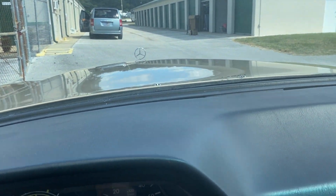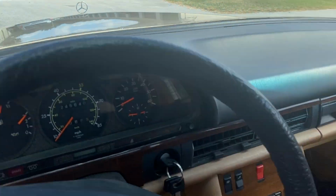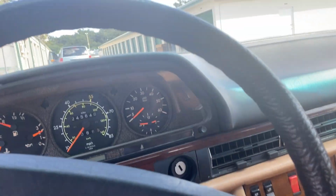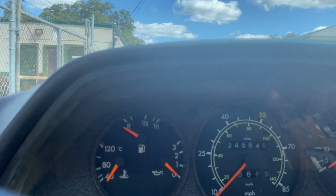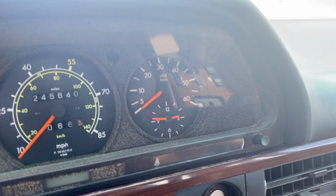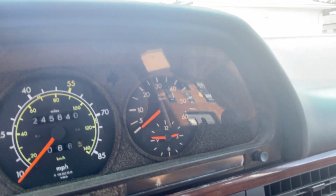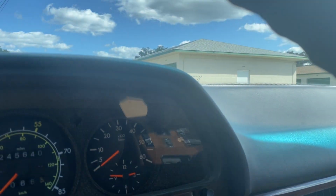You got that nice hood on there. It's got a really nice shine on the hood. This is where you spend most of your time in there. So, really looks pretty nice. Okay. Yep, and you got all your gauges there. Looks like a gas tank, temperature, oil pressure, clock. Not sure if it works. I don't know what time it is right now. Can't see. May not work, but